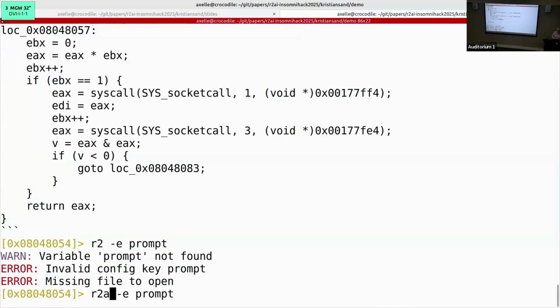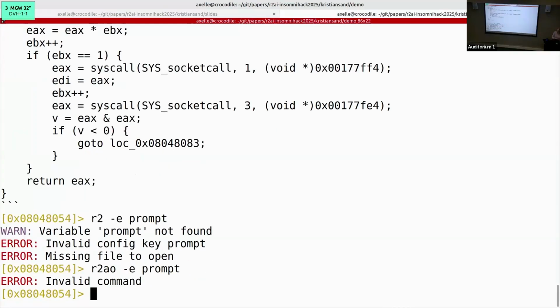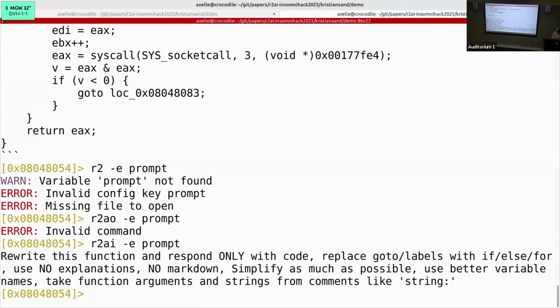It's r2ai. So this is the default prompt, and I'm going to do something better. Decompile the function.